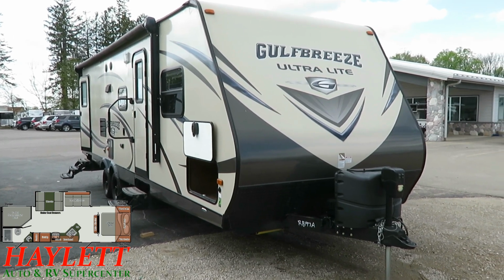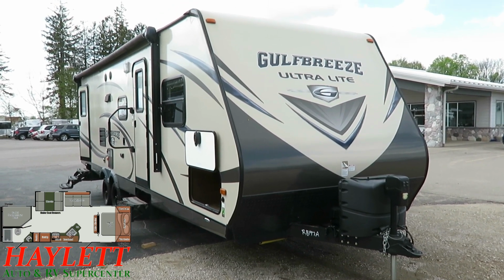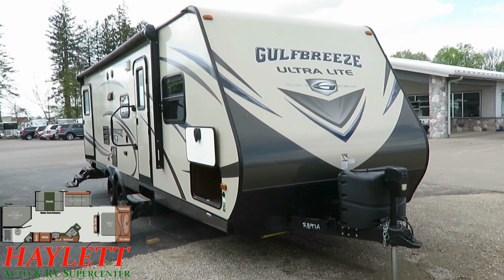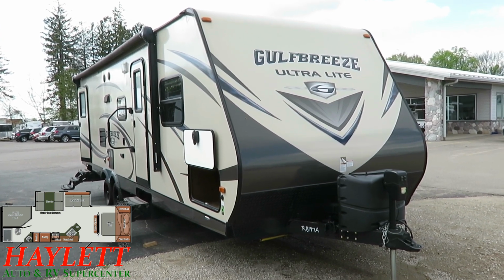Looks to be very well kept. It is what I would call, this is very much an entry-level ultralight bunkhouse. So if you're looking to just get your first RV, or if you're trying to upgrade to something with a slide, this could be an awesome opportunity for someone. Keep this for a few years till the kids grow up, swap out of it, and then get the more